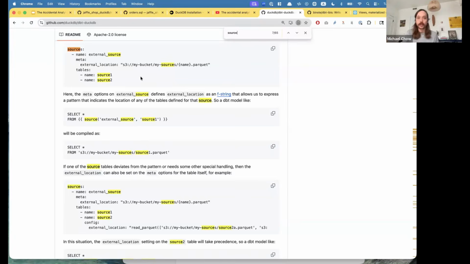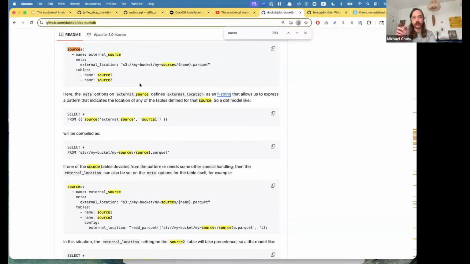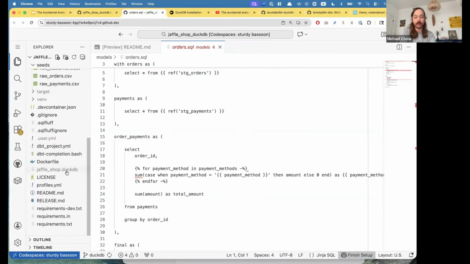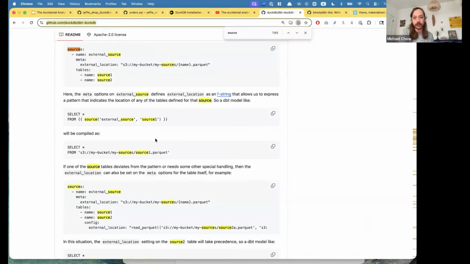I will say this tool, DBT DuckDB, is a fun way to beef up these tutorials. Here we generated a .duckdb database, but what the DBT DuckDB adapter lets you do is make your database a folder of Parquet files.